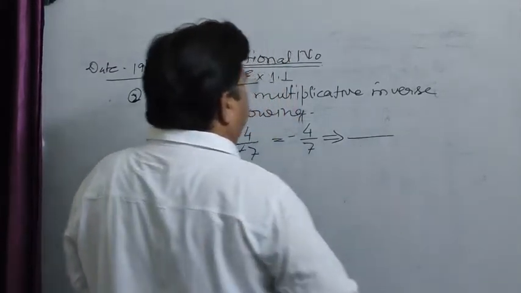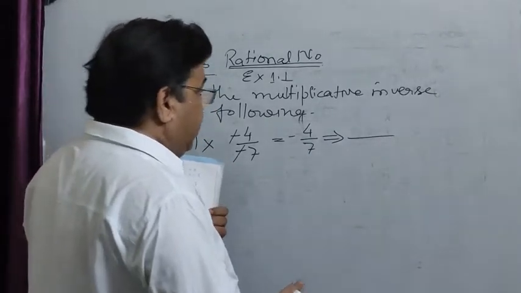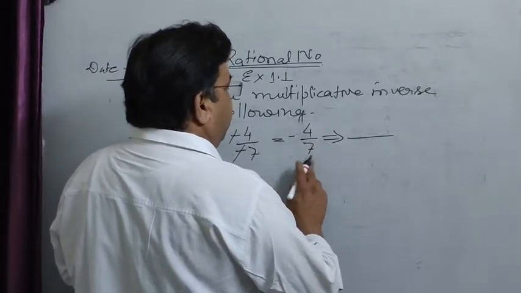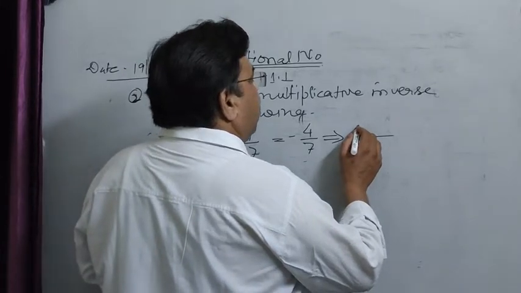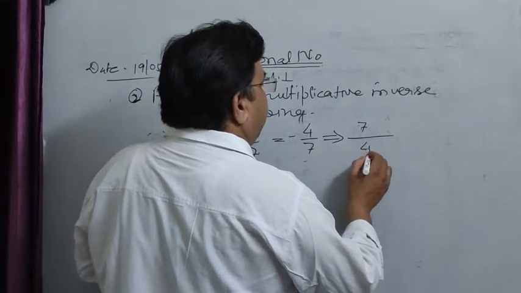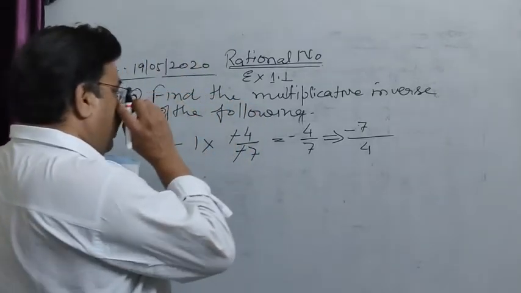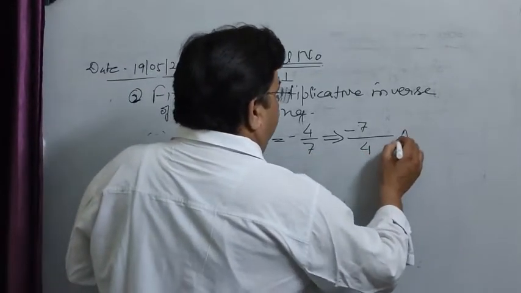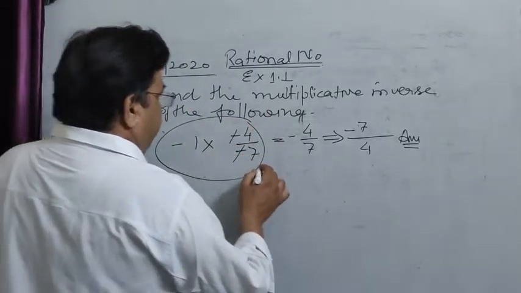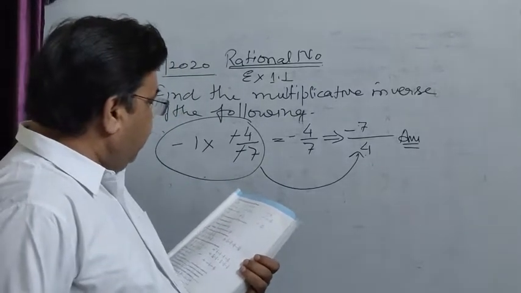When you are writing the multiplicative inverse of any number, you can do it easily. In this condition, you make the denominator the numerator and the numerator the denominator like this, and put the sign if the sign is given before the number. This is the multiplicative inverse of this given number. You can solve the other parts of the second question like this.